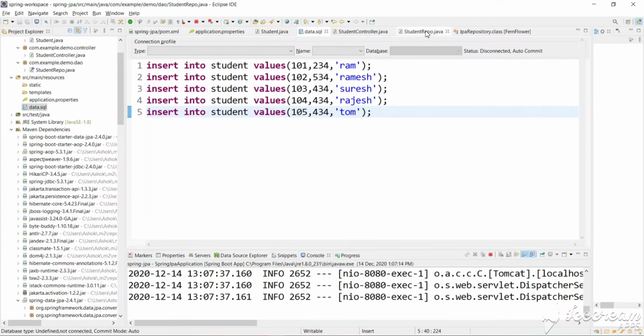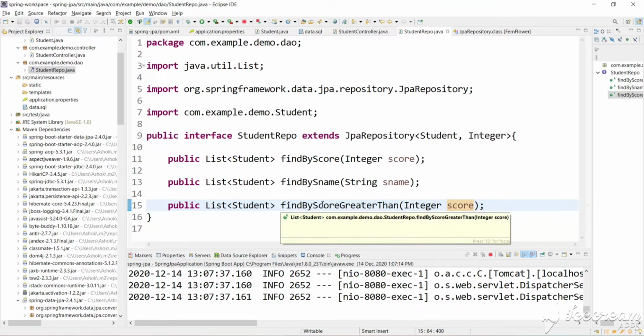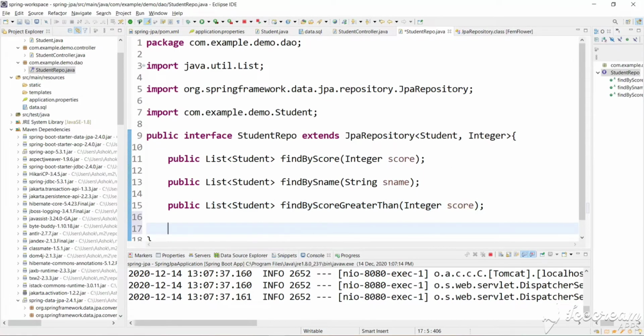So here the beauty is we have not mentioned any query. These types of methods are already provided by Spring Boot or JPA. Suppose we want to write our own query. In real-time projects we won't use these simple queries, we will use complex queries. For that also we have a simple way to define. So let's say I want all the students by a particular score, and that result should be sorted by the name of the student. So we can define our own method.